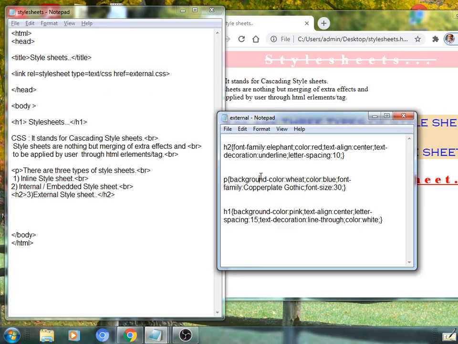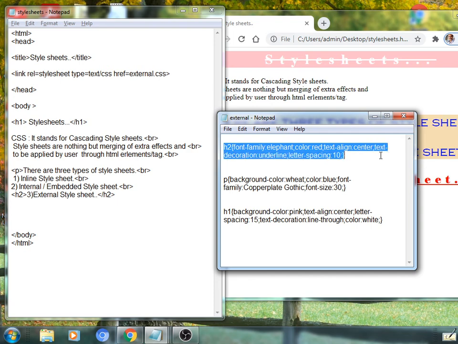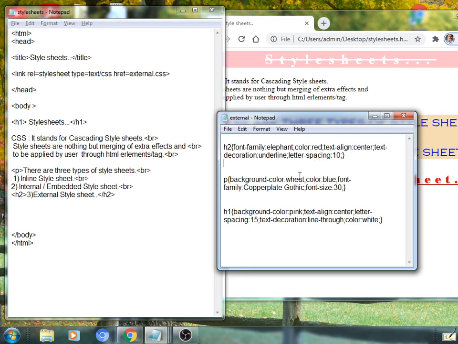So this is the external.css file where we have chosen 3 selectors. Selector number 1, heading level 2, with the property font-family having value elephant. Next property color with value red. Next property text-align, that is center. Text-decoration with value underline, as well as letter-spacing with 10 pixels.